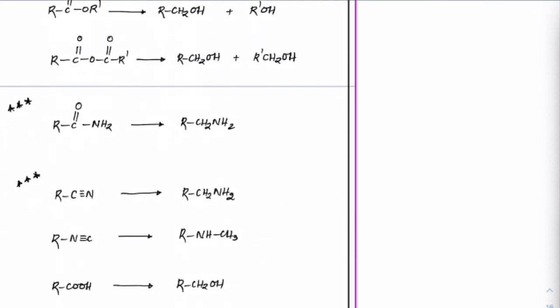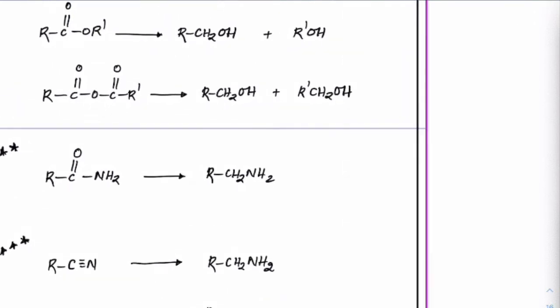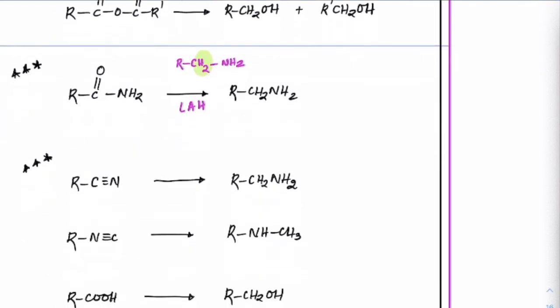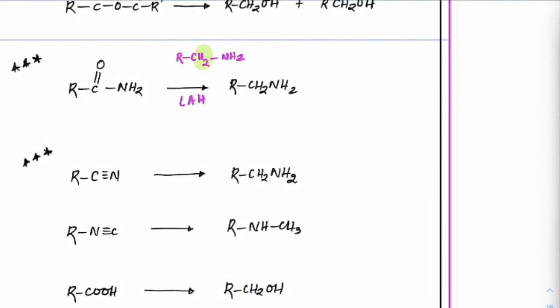Okay. Coming to the next derivative of acids, amides. Amides is not giving alcohols, which means it is getting completely reduced. So understand this carefully. That means we are getting RCH2NH2 here, and both these hydrogens are coming from lithium aluminum hydride only. How it comes, we'll slowly go into the mechanism. First, we'll read all the reactions carefully. Amides will directly convert into amines. So this is an amide which is converting into an amine.